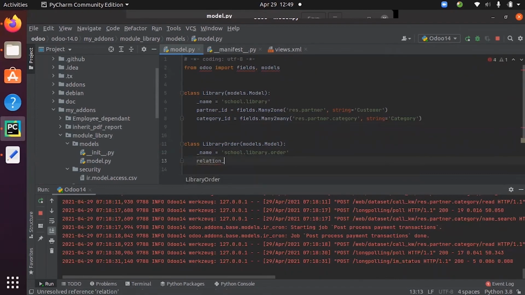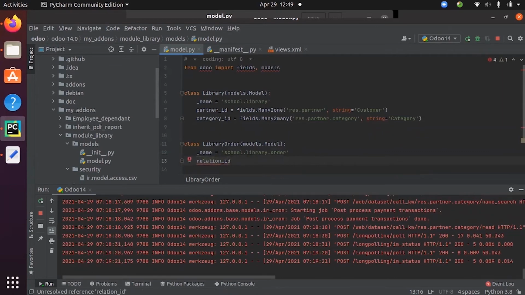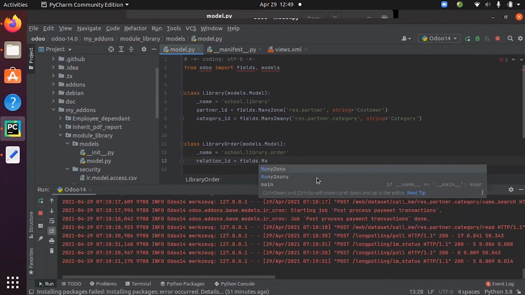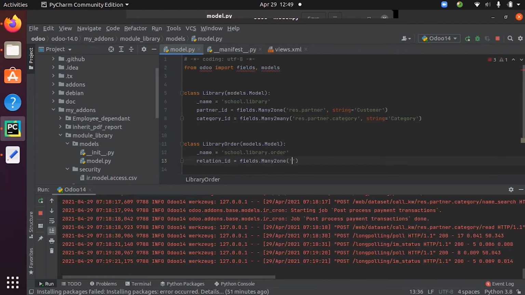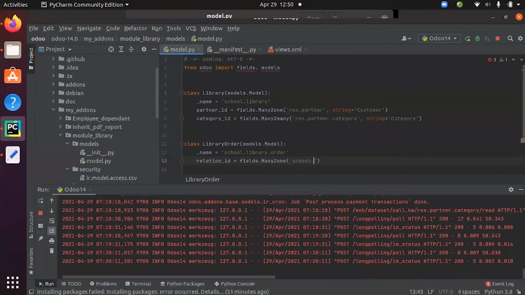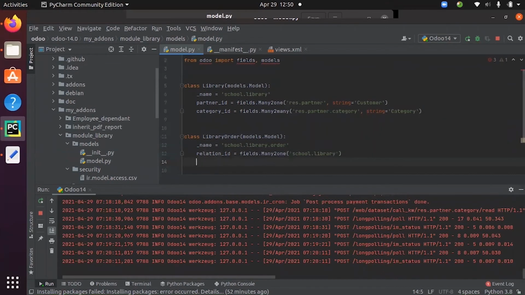So my relational field is relation ID equal to fields dot many to one. And here I am giving the comodel as school.library. Okay.